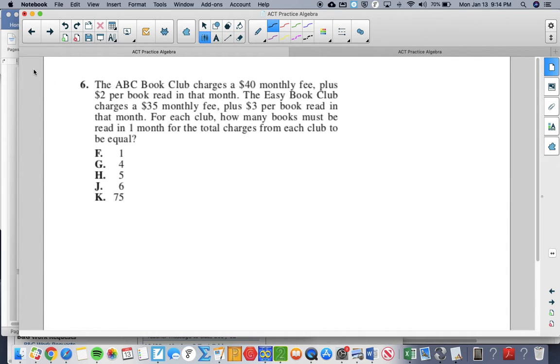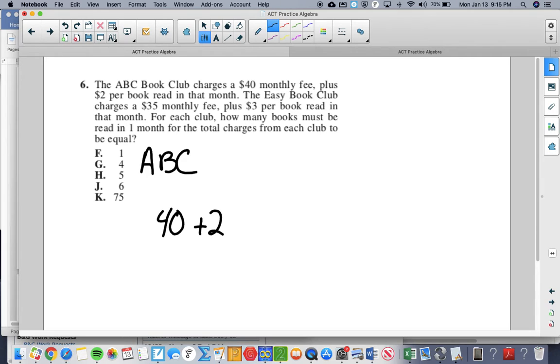Number 6, the ABC Book Club charges a $40 monthly fee plus $2 per book in that month. The Easy Book Club charges a $35 monthly fee, so less, but they charge $3 per book. So a little bit more per book for the number of books that you rent in that month. For each club, how many books must be read in 1 month for the total charges from each club to be equal? So again, ABC is $40 per month